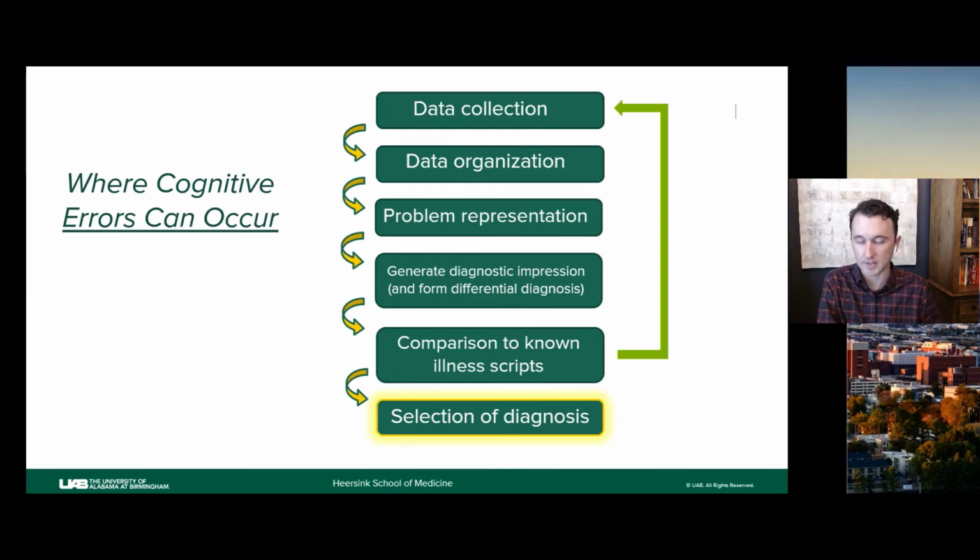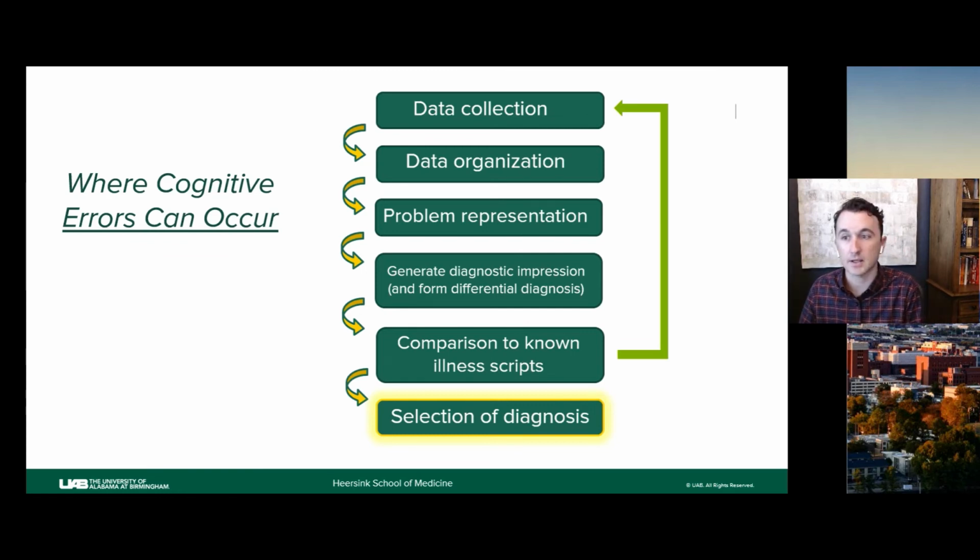Again, we talked about that in session 2, and then we compare all those diagnoses to all the known illness scripts that we have within our mental repository. Okay, and as we're comparing them to our illness scripts, that's going to either drive us to collect more data and narrow our differential further, or we think that we have the data that we need and we're going to